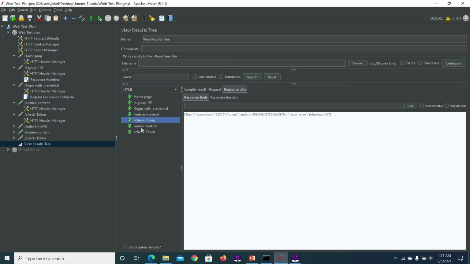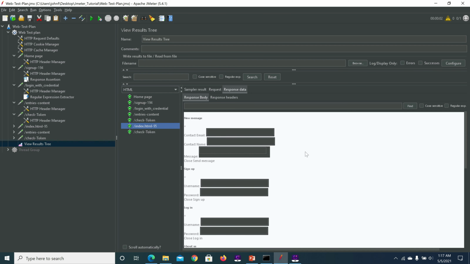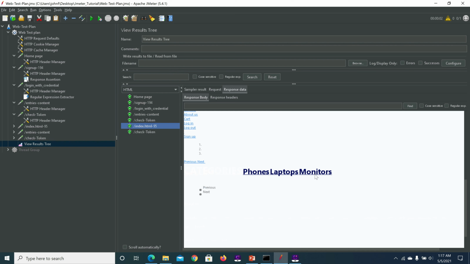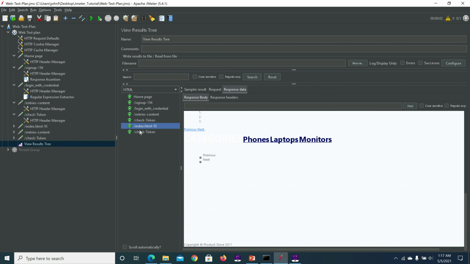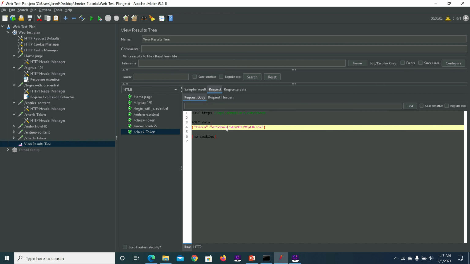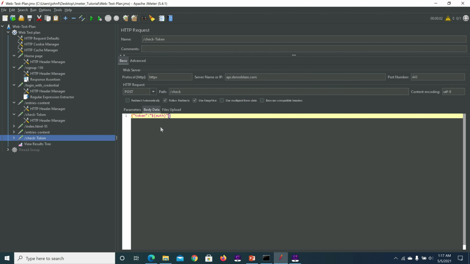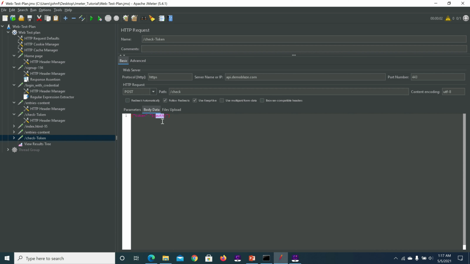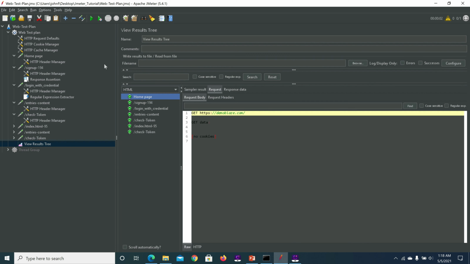And after successful login, it will take us to index.html page. This is the login page, how it looks like. And check token, again it is verifying the token. If you see here, we are passing only the variable here. Whatever response we have got from the server, we are straight away saving in a variable. So that is what we are doing now. Token is dynamic content, each time it will keep on changing. So it is better practice to use variable.